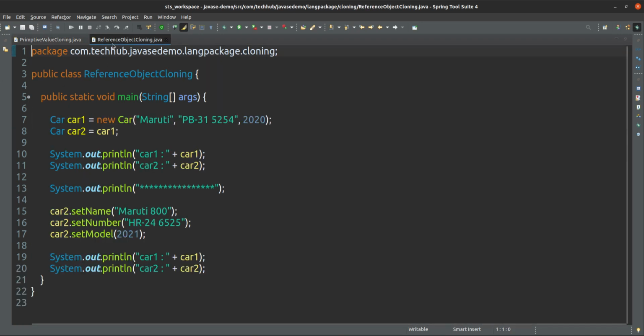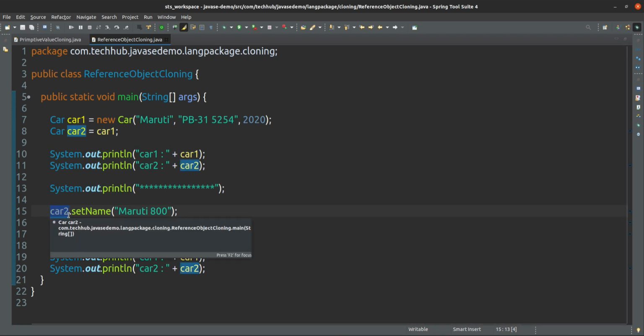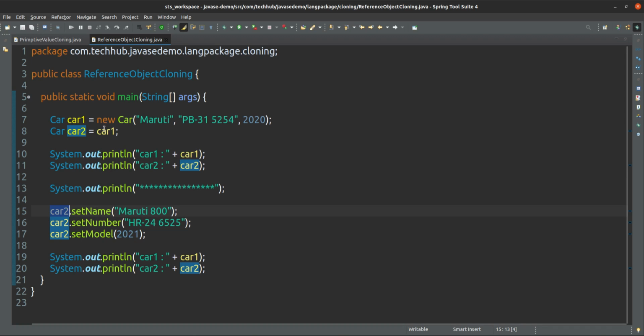But in case of reference object cloning, you can see here this is car1 with these values, and car2 I am assigning with the value of car1 only, and I am printing these values. After that I am printing a star, and after that I am changing the value of car2, and car2 is nothing but pointing to the reference of car1 only.